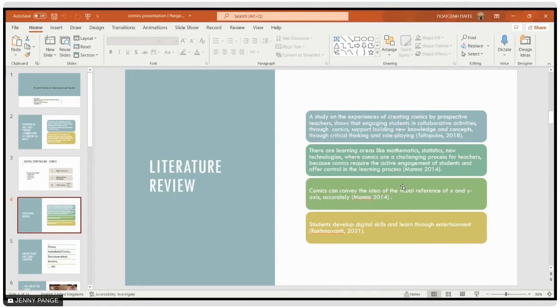Students and teachers try to use different ideas in order to teach statistics and mathematics. I'm teaching statistics at the university in the Department of Education, and students in my department find statistics quite a difficult course. So I have to find a way to make it easier for them.